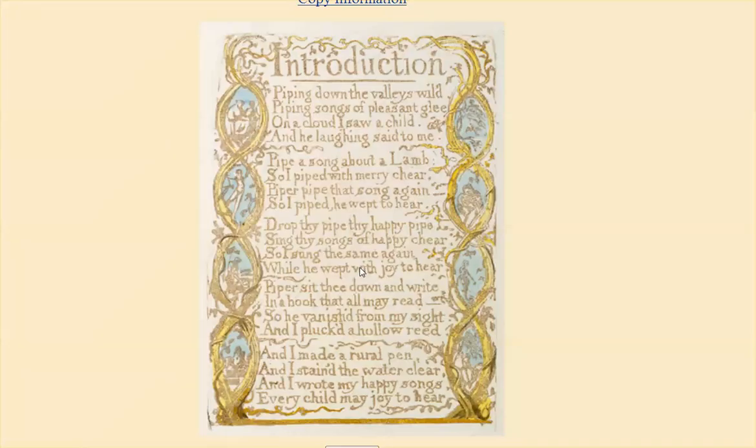So all of a sudden we've gone from this pretty happy guy just playing songs, now they're about something and they're repeatable. Now they're actually taking on the form of words so they can be sung. They're still repeatable. And okay, everyone's joyful, but now there's weeping. So that doesn't sound totally good anymore, but where are we headed? So now the muse asks the artist figure to sit down and write in a book that all may read.